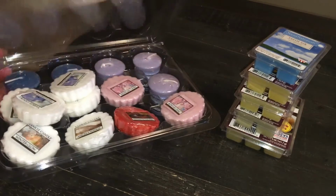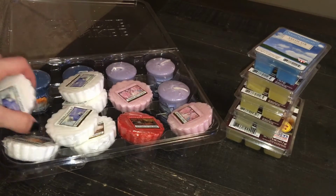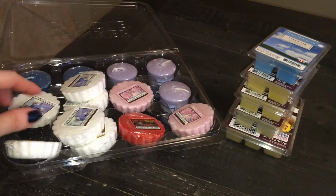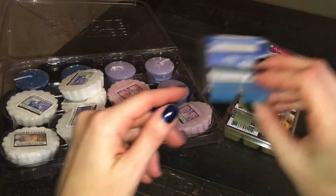And I've never actually had this plastic tray thing, which is awesome. I like it because it'll be great to store it. I just wish that it wasn't meant just for the votives and that it was a little deeper and you could fit more than one tart in this cup. But I mean, whatever. So then from Walmart, and these are all $2 except for the bottom one,